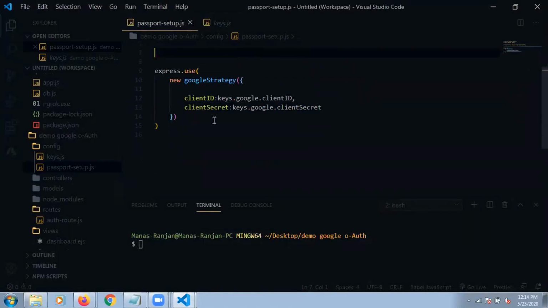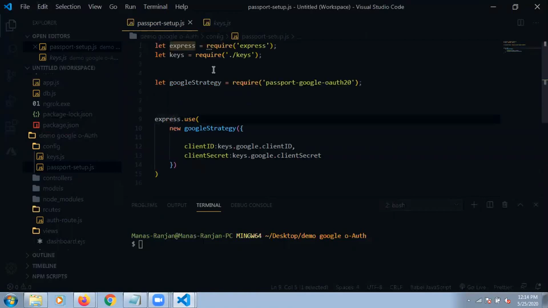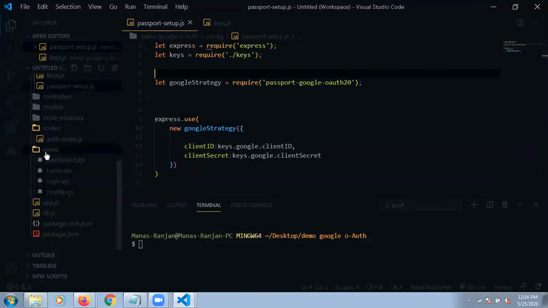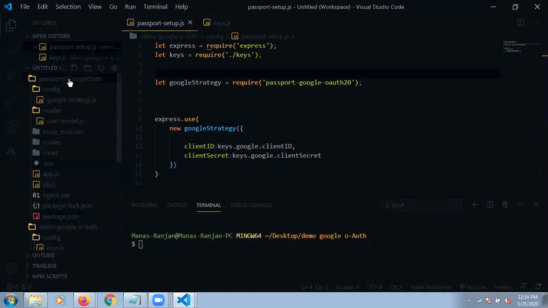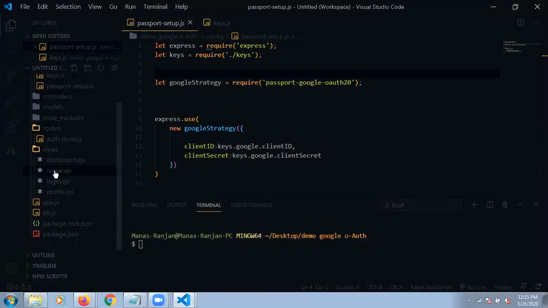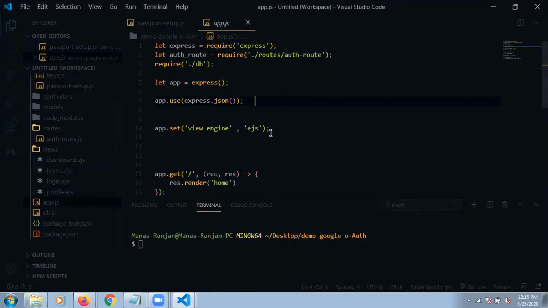So already my require has been completed, you can see, and we have to use it inside our application. Here we just have to make a require for it.